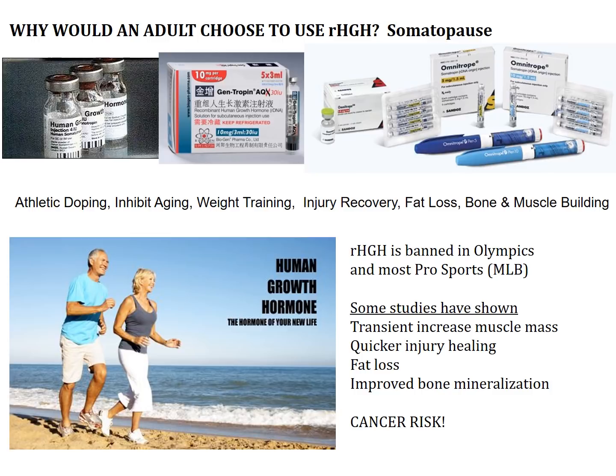Menopause, your estrogen levels are falling. Somatopause, your growth hormone levels are falling. You see this in athletic doping. What's athletic doping? Athletic doping is the use of performance-enhancing drugs to increase athletic performance, right? And you hear about this all the time in sports. You hear about this in the Olympics, professional sports, right?